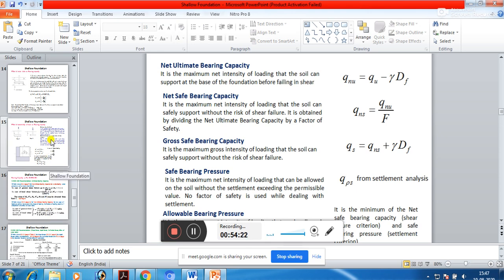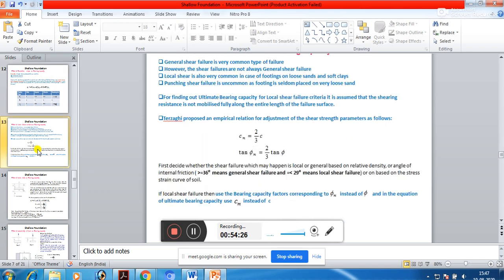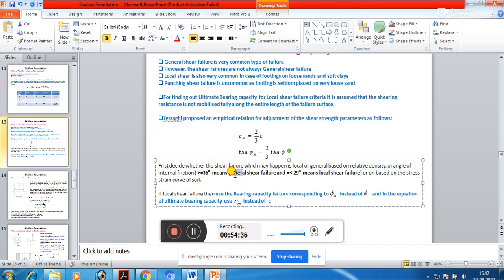Okay, so we haven't yet solved some problems of local shear failure. Till now we have taken up problems for general shear failure only. So we need to take up some problems of pure local shear failure. That means when the shear failure is happening and the angle of internal friction is less than 29 degrees or less than 28 degrees, such kind of problems we will have to solve. So, pure local shear failure problems,